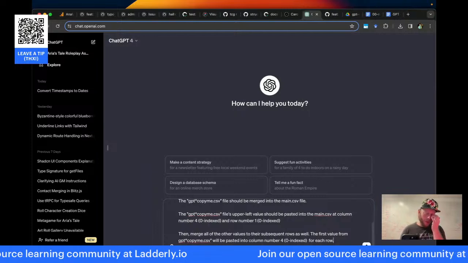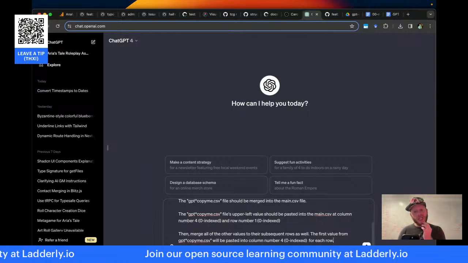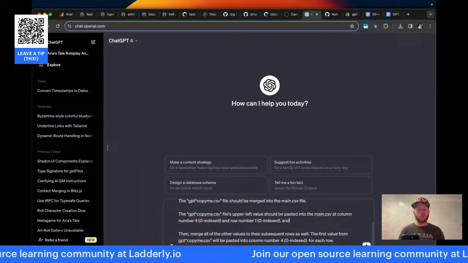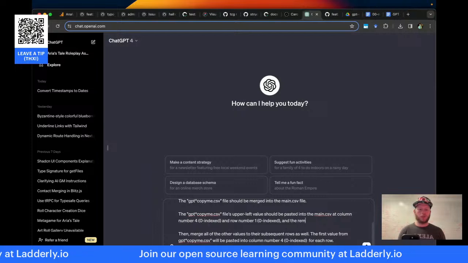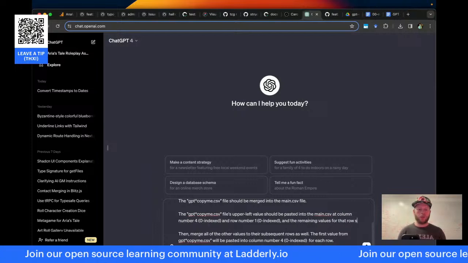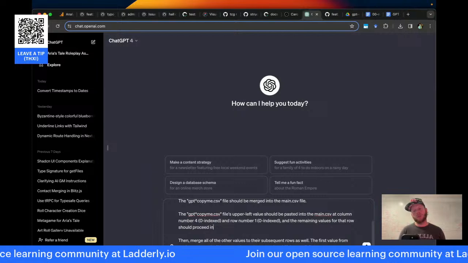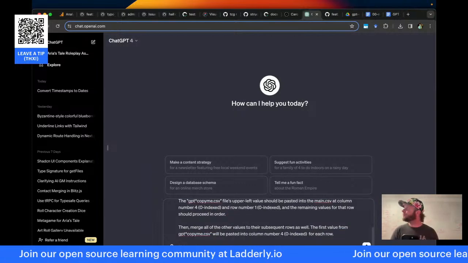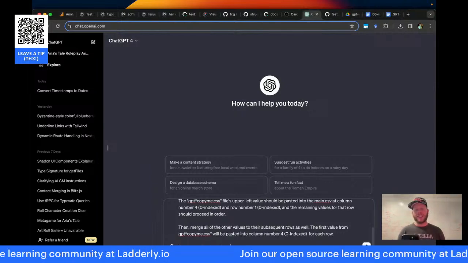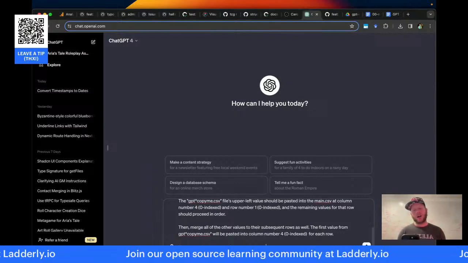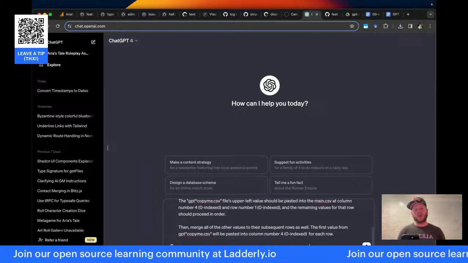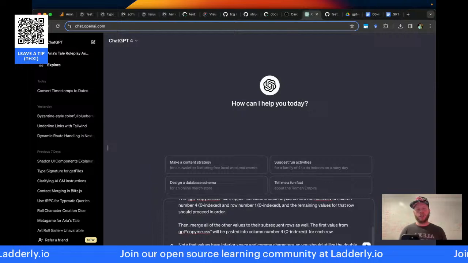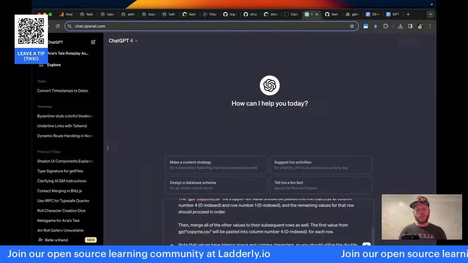So now we're being more clear that I want this to be done for each row. Okay. Note that values have interior space and comma characters. So you should utilize the double quote to manage delimitation.